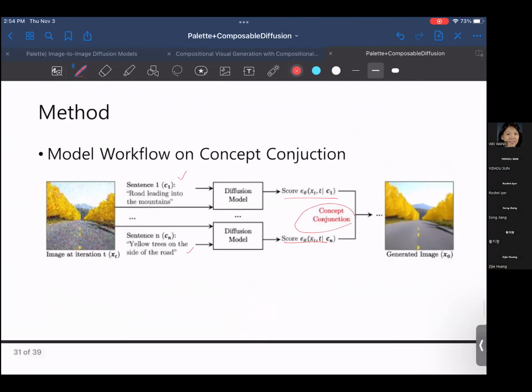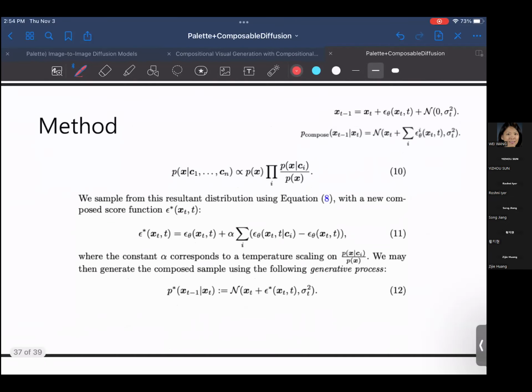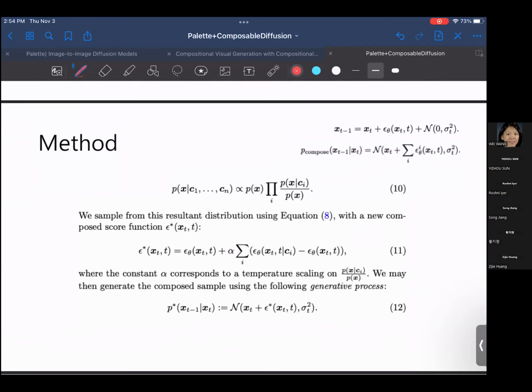Yes. So to move on to the actual negation part, after the intuition based on diffusion equations and EVMs, you can see that this equation can be easily turned into this kind of equation, and this p compose is going to be changed to like this, and the e term, this whole term over here, is going to be changed into this term. And